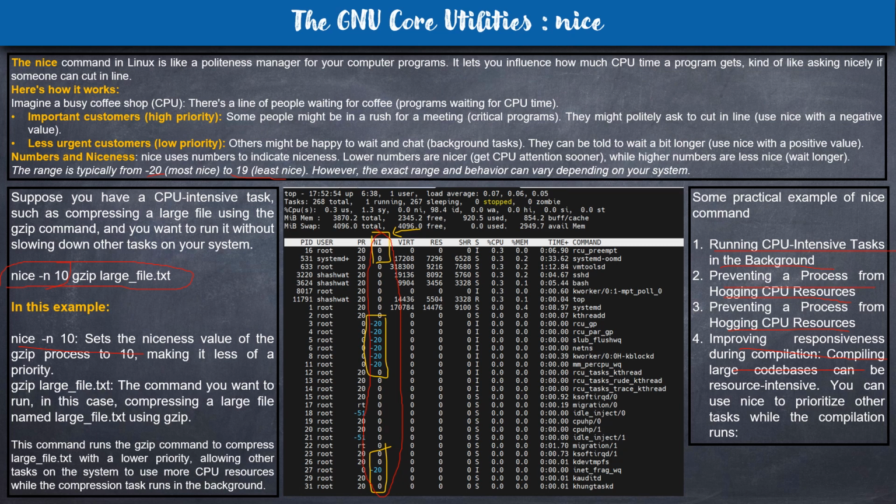While running this command, you have to make sure you balance the nice value you give. Suppose you have a program that takes a lot of resources and you give it -20, it may hang your system. And suppose you have an important program that has to run in the normal way, and you give it a nice value of 19, it will take more time to complete. So I hope you understand. Basically, the nice value is nothing but it gives a program